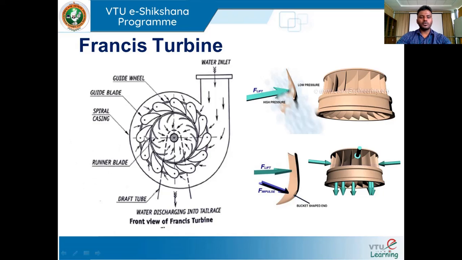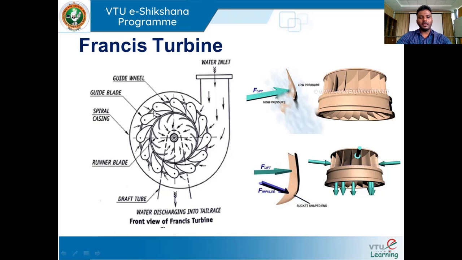Next, once the water passes through the stay vanes, it enters into the guide blades. Here we know that there will be a series of guide blades, and then stationary blades and moving blades in the case of a reaction turbine. The shape of this guide blade is designed such that it creates a nozzling effect. That means once the water flows through these guide blades, there will be an increase in its kinetic energy. A part of the pressure energy will get reduced, and that compensates for the increase in the kinetic energy of water.